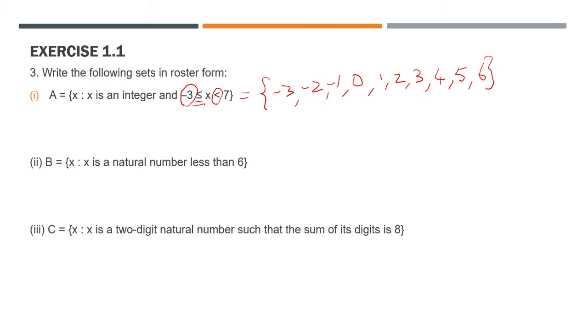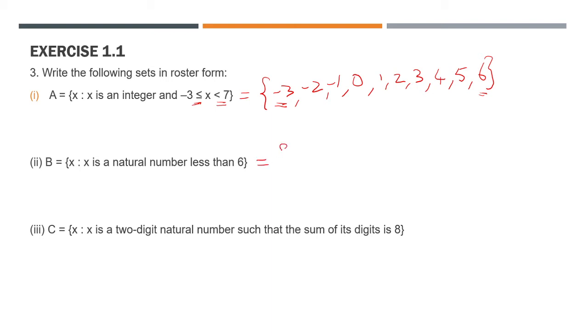So here on this side we have minus 3 less than or equal to x. So, I am including minus 3 whereas x is less than 7. So, we should not include 7 here. We have to stop with 6. Next question, B is equal to set of all x such that x is a natural number less than